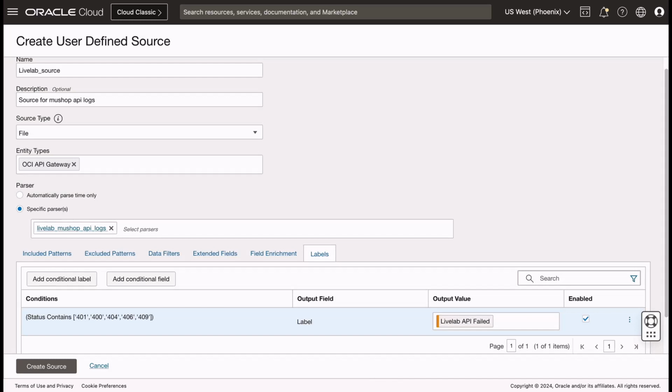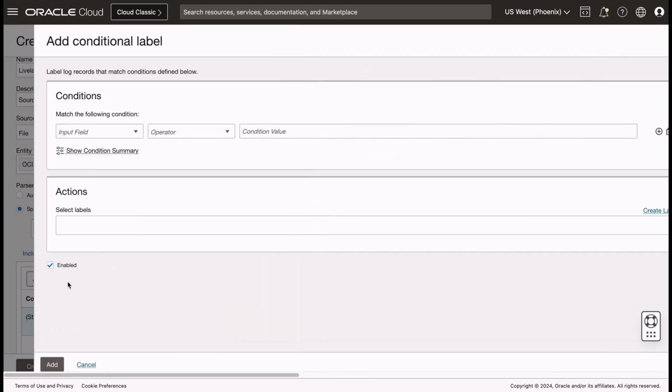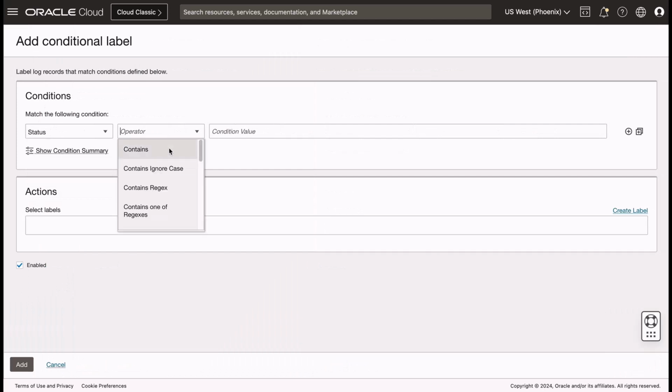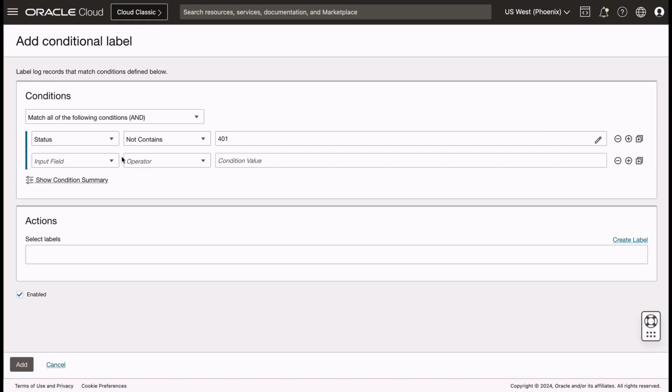Next, I would like another label for all the passed APIs. To do that, click Add Conditional Label. Select the input field as status, and then select Not Contains as the operator. If the status does not contain the following values, 401, 400, 404, 406, and 409, then the API is considered